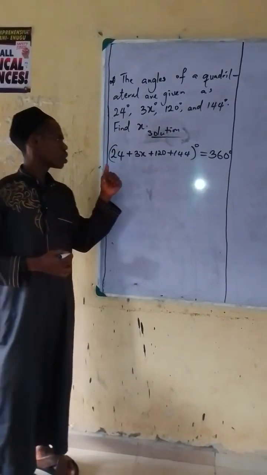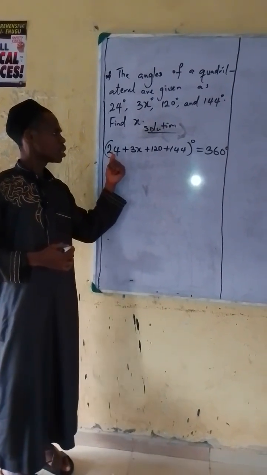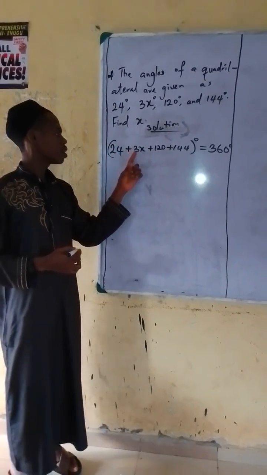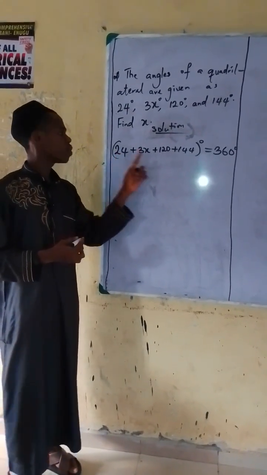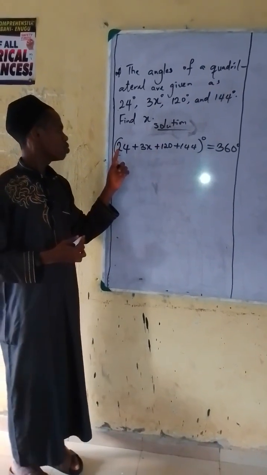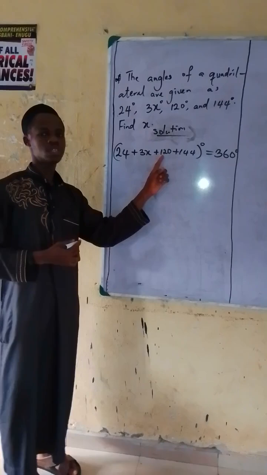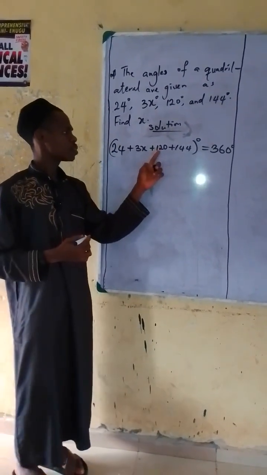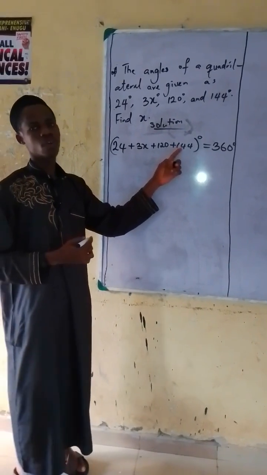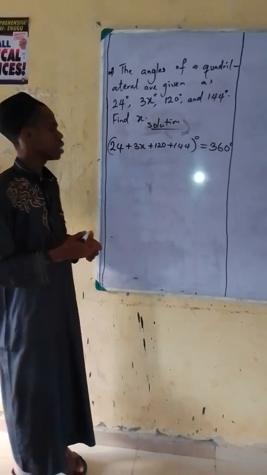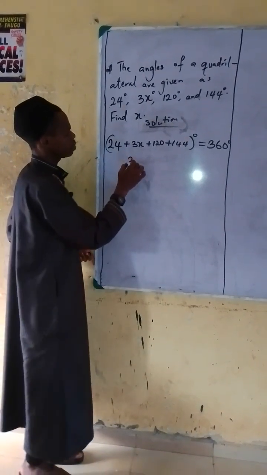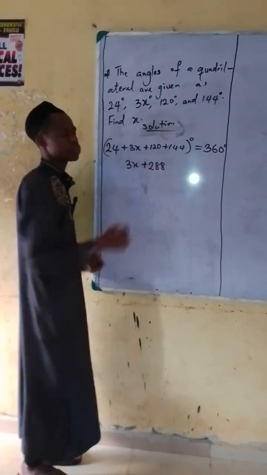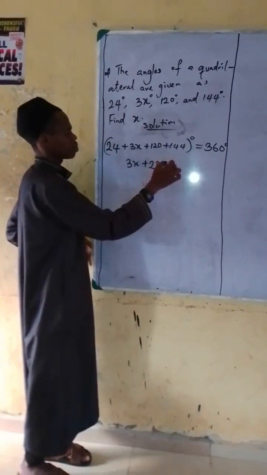Now let's add this together. 24 is a number, 3x has a variable, so I cannot add 24 with 3x, but I can add 24 to 120. So 24 plus 120 will give me 144. Then 144 plus 144 will give us 288. That means I have 3x plus 288 left now in degrees, and then